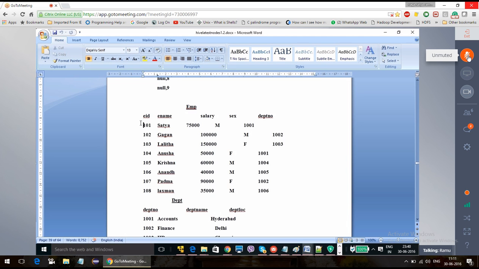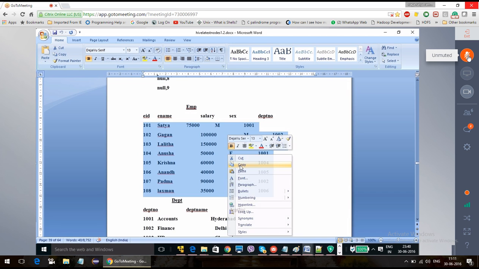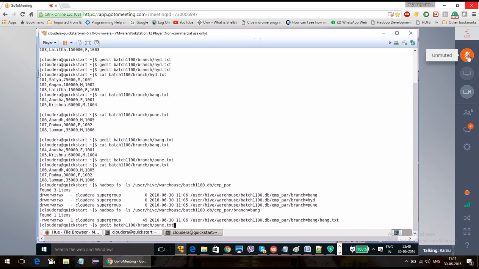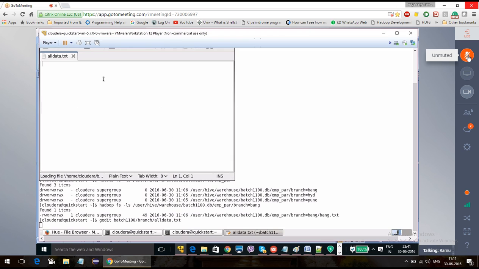For example, gedit of some all data. My file is all data.txt. That means I have data for all the branches here itself.